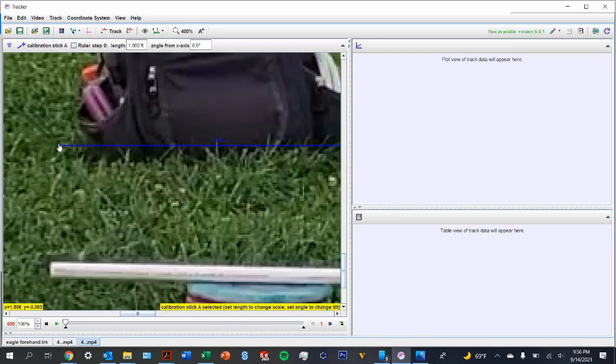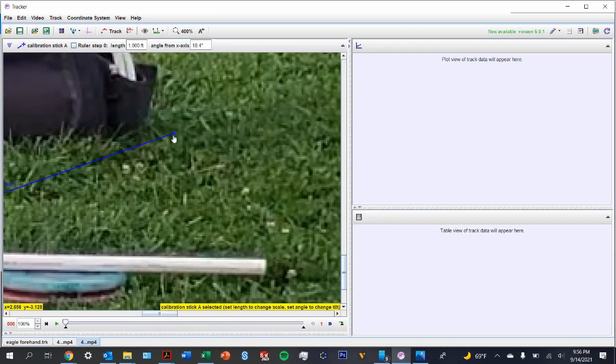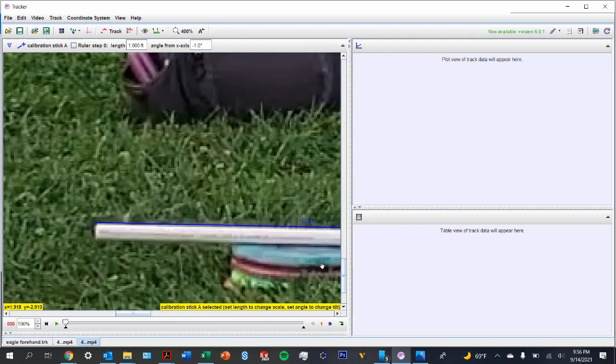From here, we can take our calibration stick and move its endpoints to the endpoints of our scale. Zoom into your video so you can really line that up there. There we go. And in my case, that is 2 feet. Now zoom back out